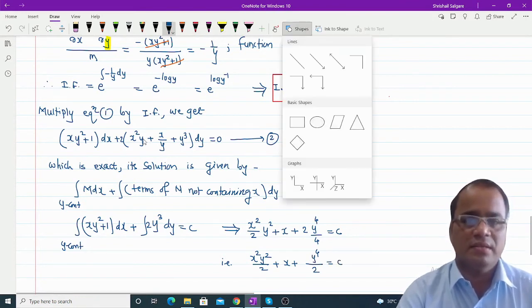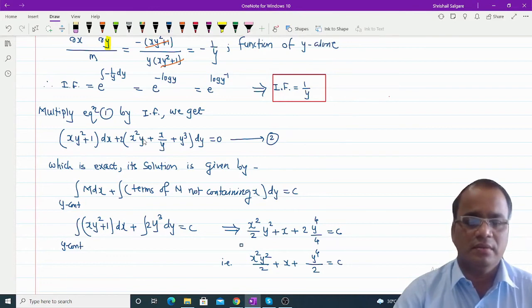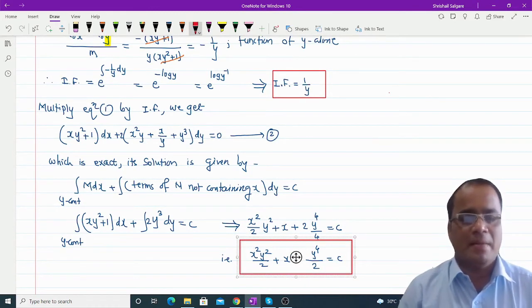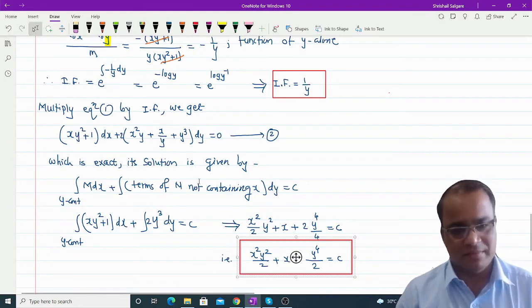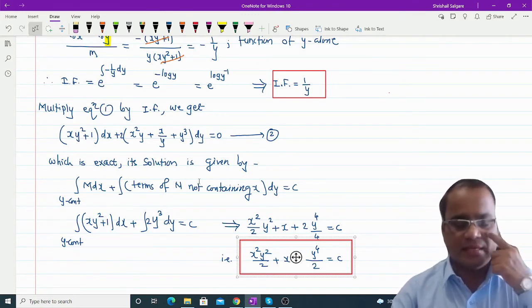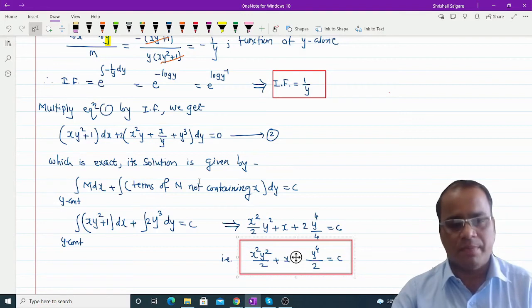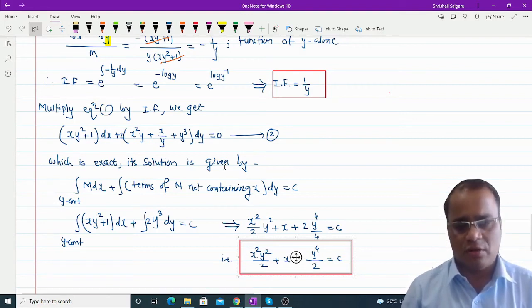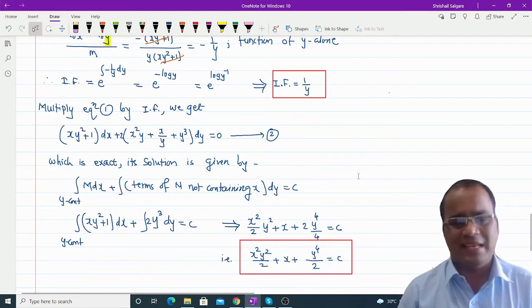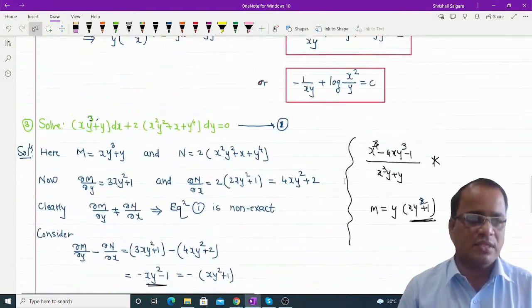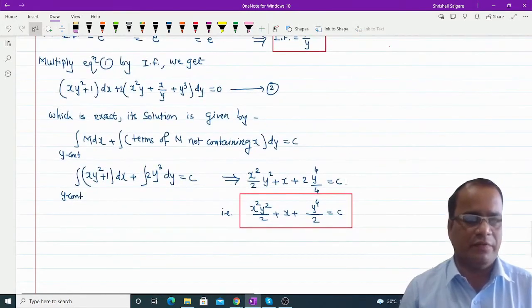Now that is the final answer. Any doubt? That question should be there from your end. If the same term will be there, then what will be the solution? That is my question. Because still we have not learned the remaining methods, that is linear, non-linear, variable separation, or other methods by integrating factor by inspection. So that example also we can solve. Here we are going to see only exact and non-exact, that's why I am focusing on that part only. So this is I think the third example. Now I will continue with the fourth question.